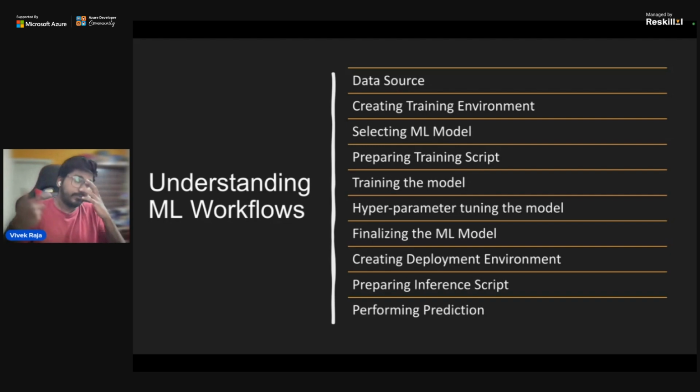You go ahead and try it out with different models with different parameters, and once you reach a satisfaction level that yep, it really works well, maybe I'm achieving 99%. It's not really true, but yeah, 80 to 90% accuracy. So if I'm really achieving it, yep, I'm good enough right now. So we finalize the model.